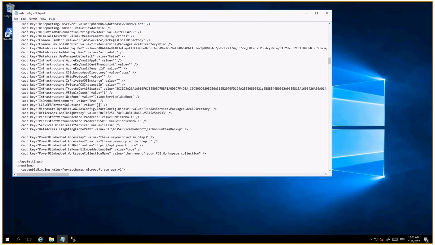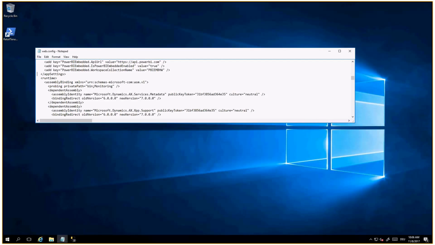And while I'm doing this, I'll just pause the video for a second. All right, I have changed the values accordingly. Scroll a little down so you can see my 2 access keys. So here's the name of my workspace collection, enable true, the API URL, and the 2 lines above this are the access keys. So I will go and save the web config file, which is going through because I'm using